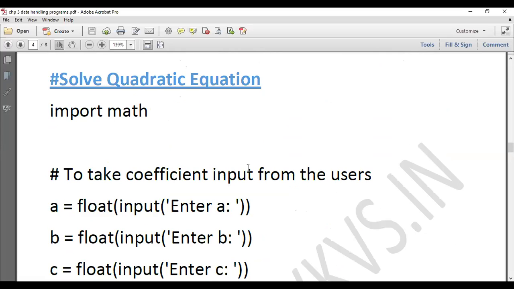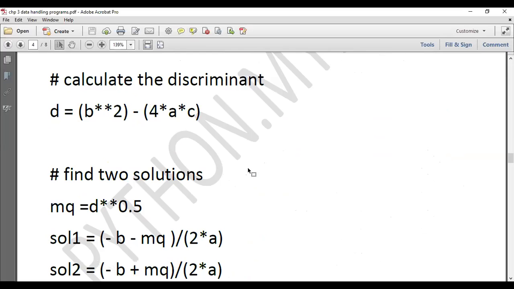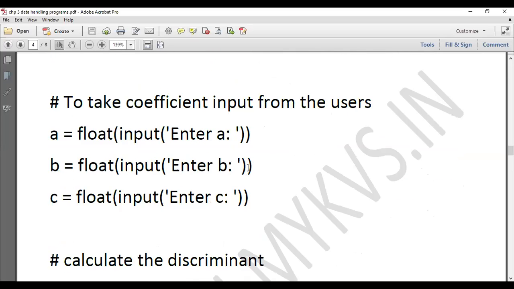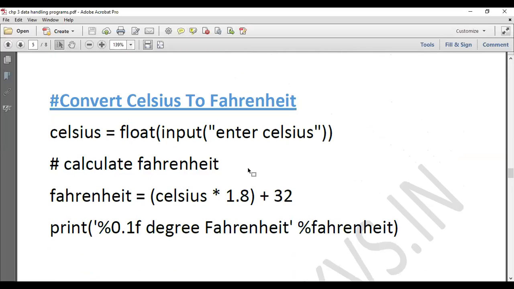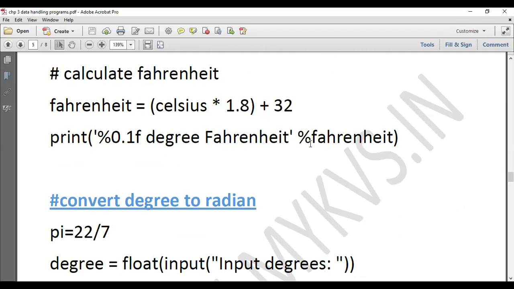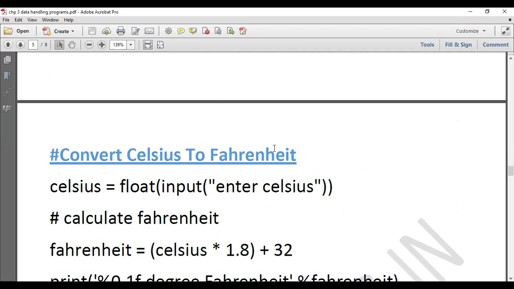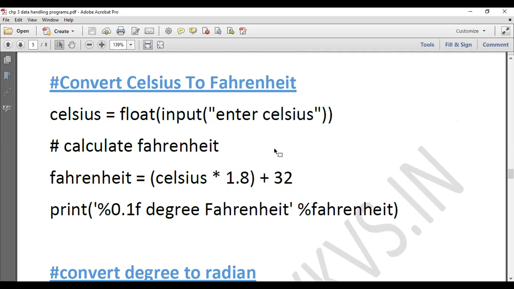Last time you all did solve a quadratic equation, which pictures you all have to send me. Now we all are going to do how to convert Celsius to Fahrenheit. All of these are sequential data. They're not using any if-else statements. They are not using any while statements or nested for loop or anything. So these don't really require me to teach you all anything. You all should be able to actually do these alone.